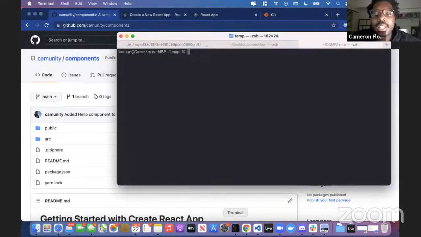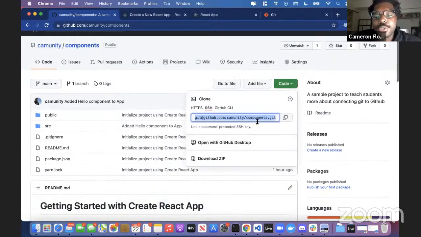And I can use one last command that I'm going to tell you before we break to get a reference to the repository hosted on GitHub. And that's git clone. Git clone is a command that lets you take the unique URL for a specific repository and clone that repository hosted on GitHub